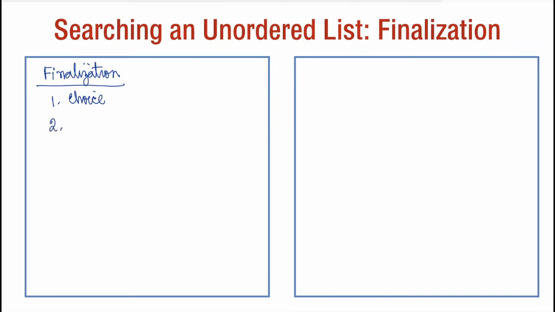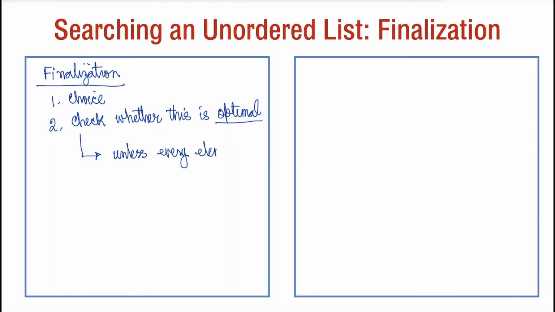The second thing is to check whether this is optimal. Now this part is not easy to prove for all difficult problems, but here it is easy to show by a counter example that unless every element is checked in the worst case,